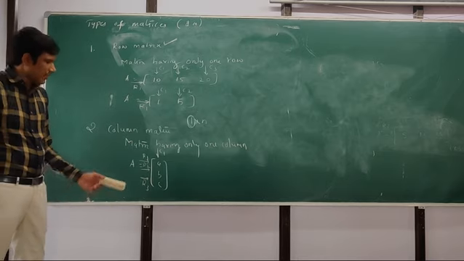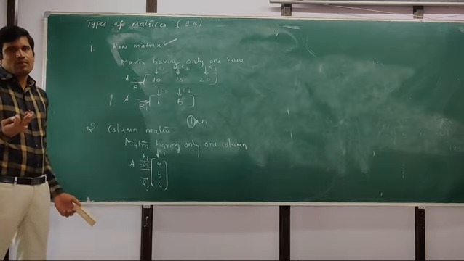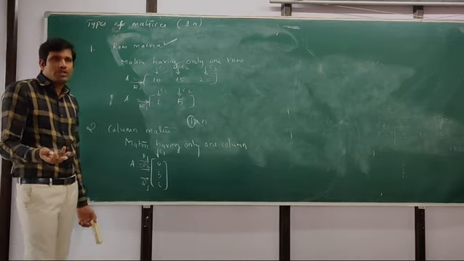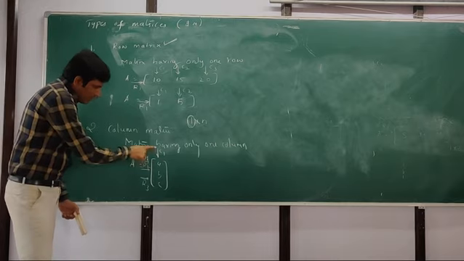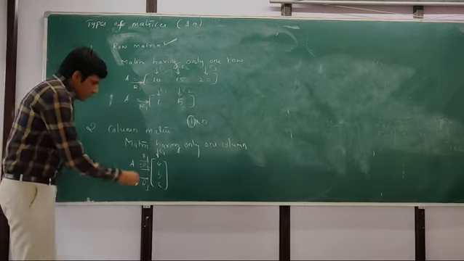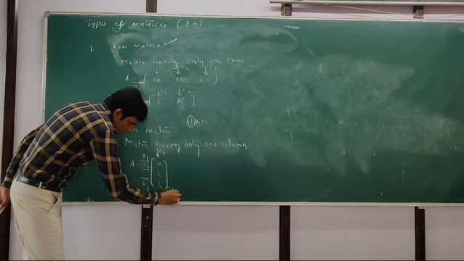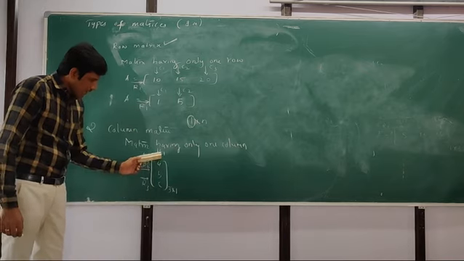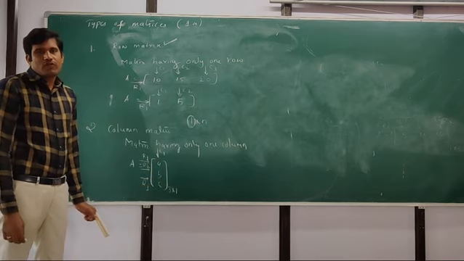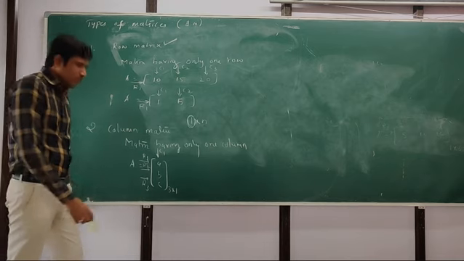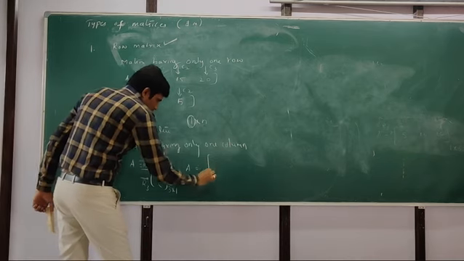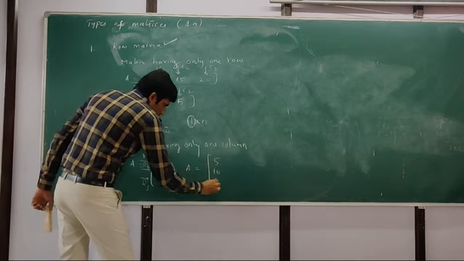In a column matrix, the number of rows can be anything. The number of rows can be 2, 3, 10, but there must be only one column. So what is the order of this matrix? The number of rows is 3 and the number of columns is 1, so the order of this matrix is 3 cross 1. We can give any example, now 5, 10, 20, 30.